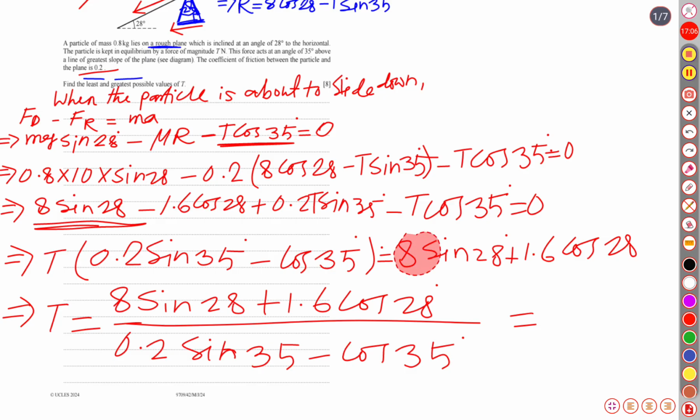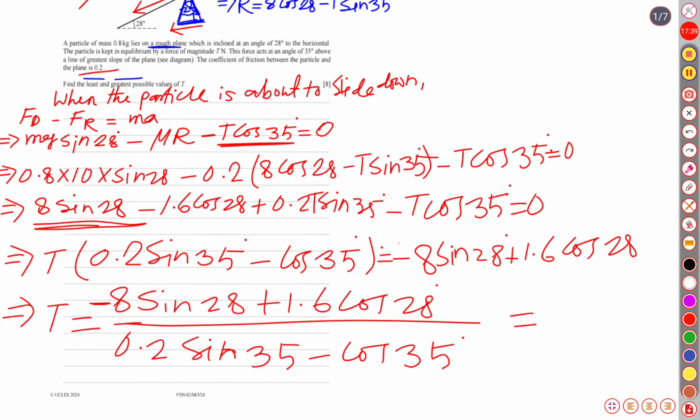So hence the symbol is negative. So if we calculate, that is minus 8 sine 28 plus 1.6 cos 28 over 0.2 sine 35 minus cos 35 equal to